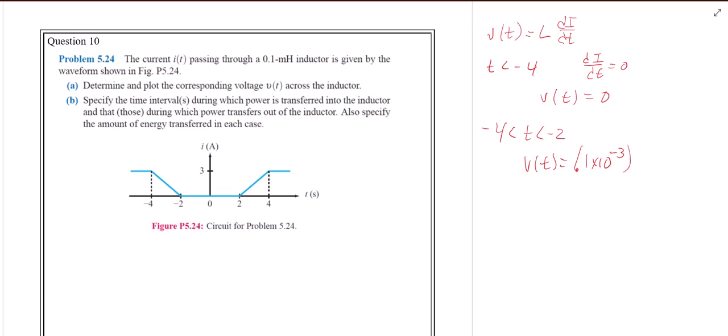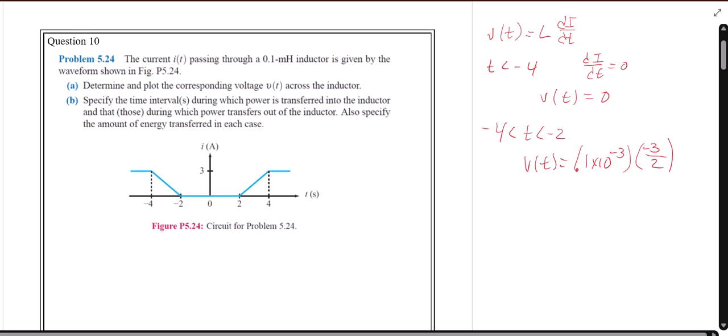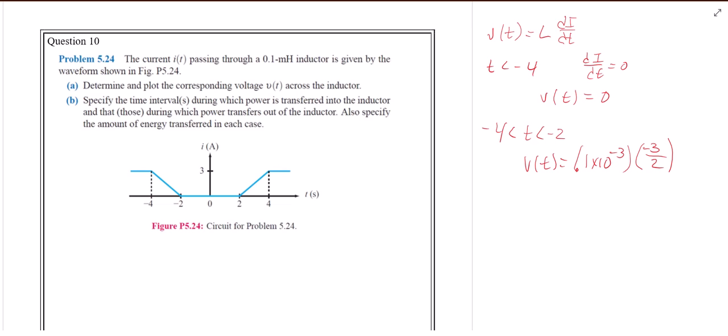So that's rise over run. From -4 to -2, we go down 3, so -3, and over 2, so -3 over 2. So we have 0.1 times 10 to the -3 times -3/2,